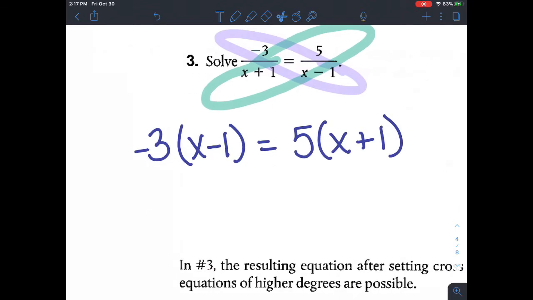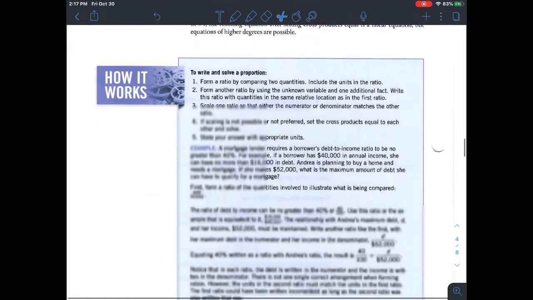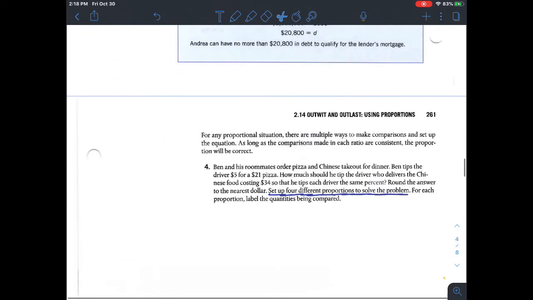You could write it the reverse, but you're going to solve, distribute the negative 3, distribute the 5, combine like terms, throw things to the other side of the equation. Eventually, you'll get x to equal negative 1/4. Okay, and then the last one here that we're going to do together, number 4,